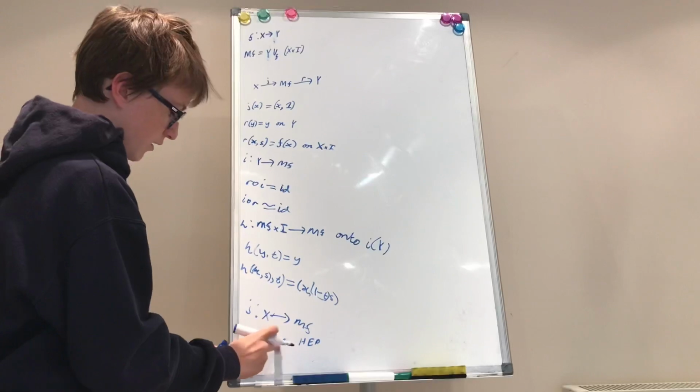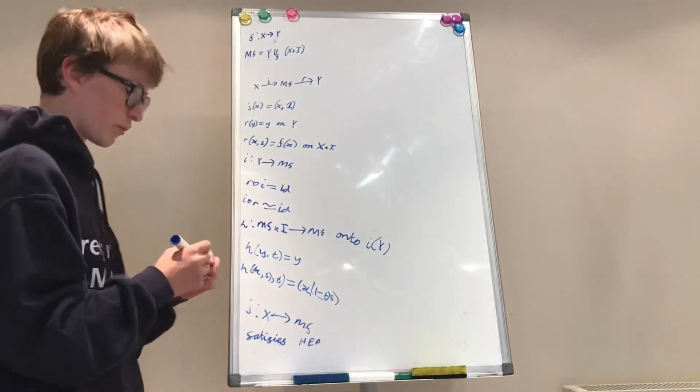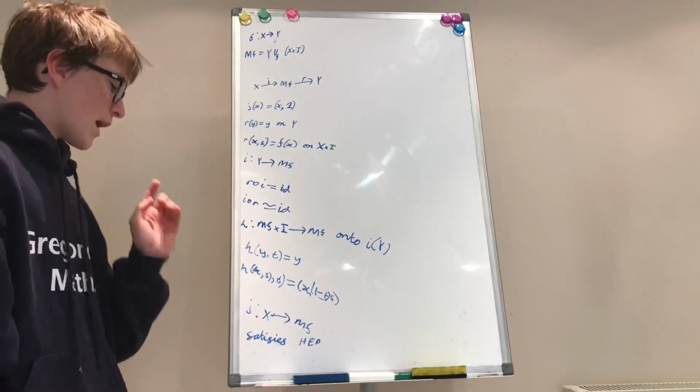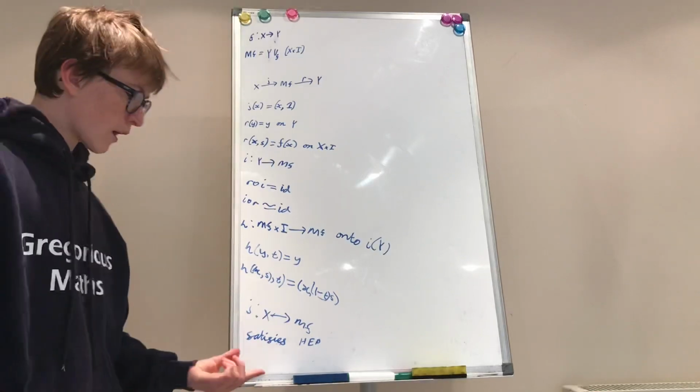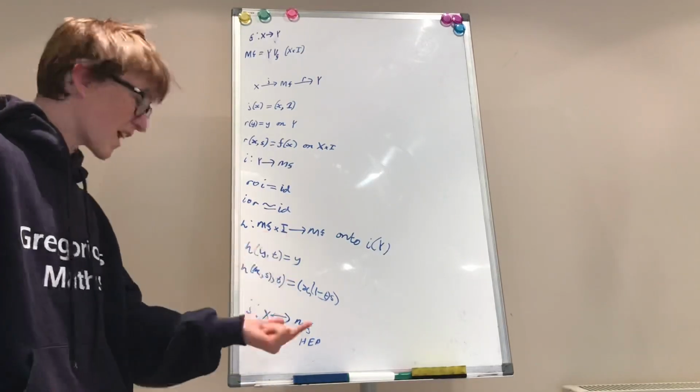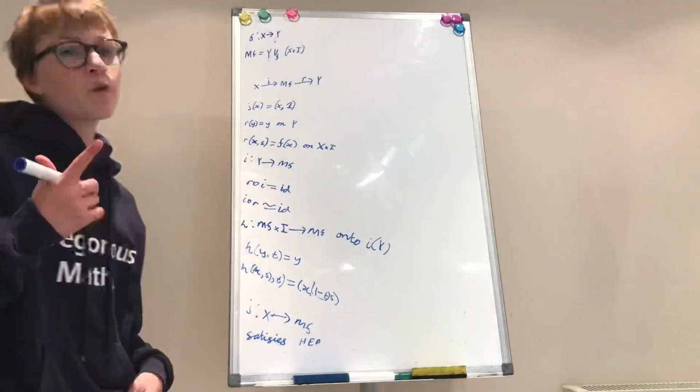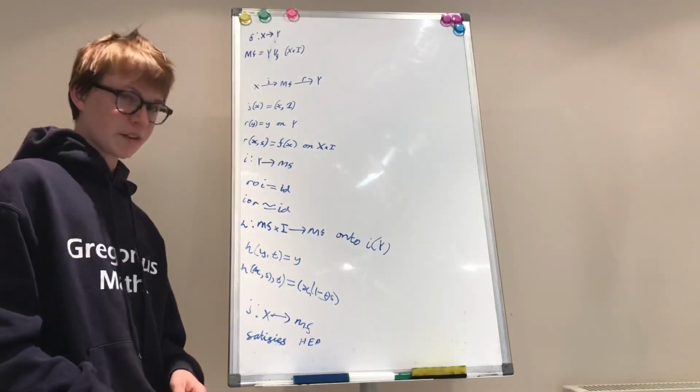So this J satisfies the homotopy extension property. And now you can check this directly quite easily, but now we're going to come up with a criterion for